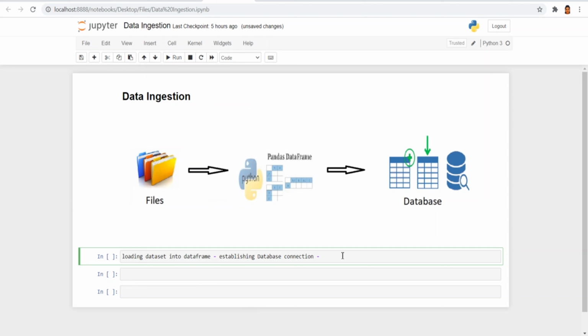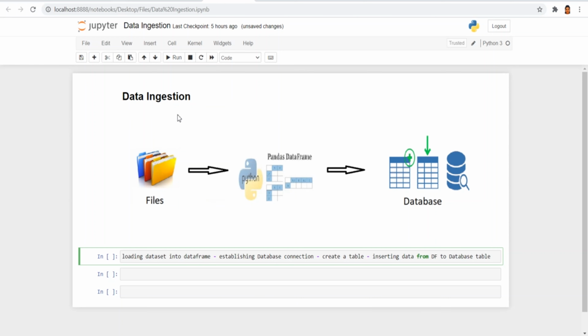What columns it is going to have, we get an idea from this data frame. Once the table is created, we load data from this data frame into that table, so inserting data from the data frame into the database table.